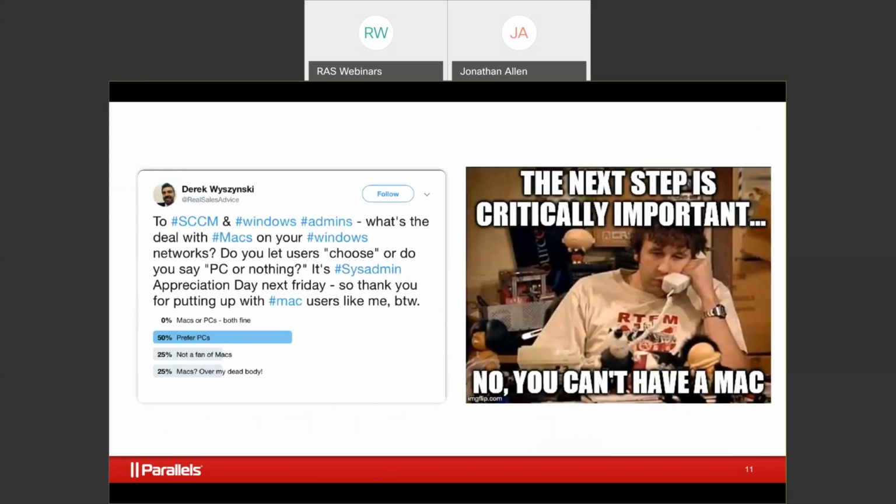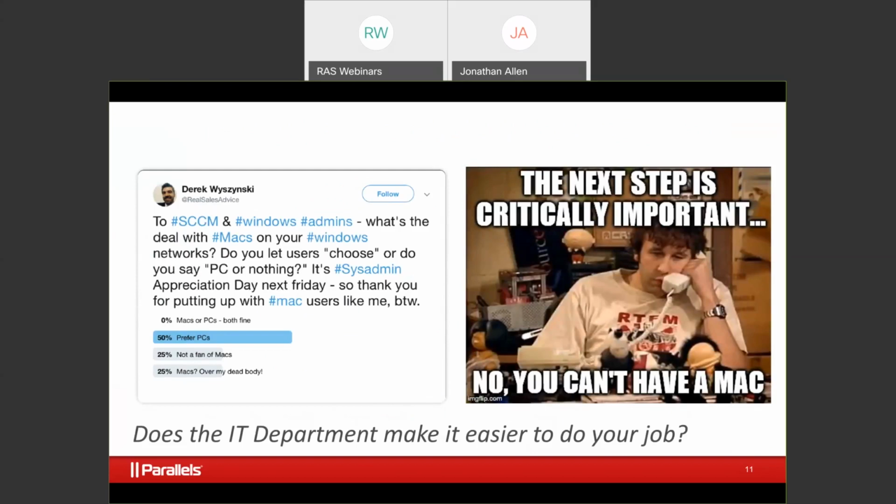And the problem with that is that it sets us up to answer this question in the negative: does the IT department make it easier for you to do your job? If I'm a 27-year-old software developer and I've got my choice between 5 or 6 different jobs that I want, because with 2% unemployment out there it is a job seeker's market, am I going to choose the job with equal pay and equal everything else that forces me to use a Surface? Or am I going to go to the job that says you can use whatever you want, whatever you need, whatever you feel comfortable with, we're just interested in your work product? That's what empowers IT organizations.